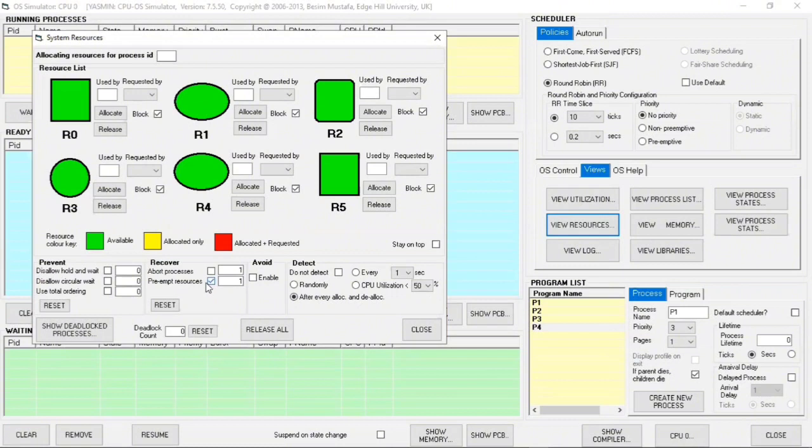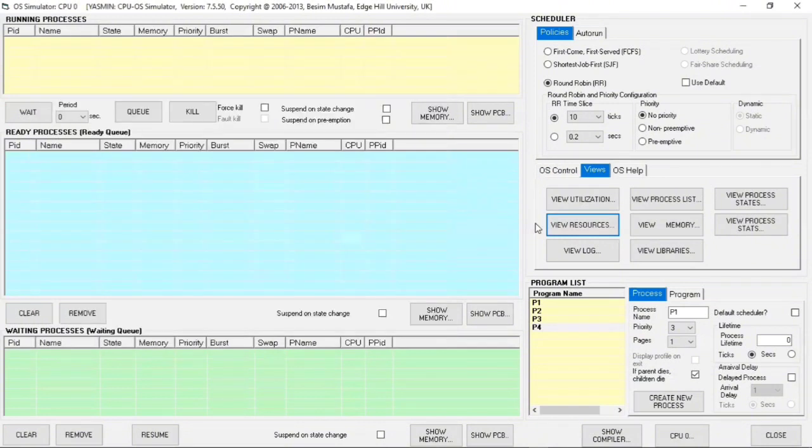So, and then the last method is the do not detect menu. When you are using do not detect and a deadlock occurs, the process will not proceed and the program will not provide any information about the issue within this process. So we're gonna use do not detect and then insert all the programs again.